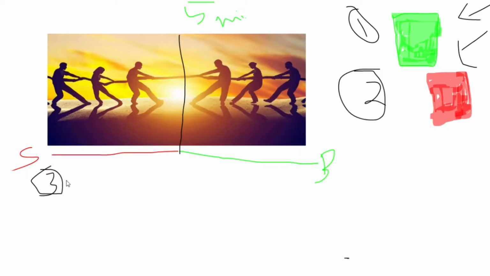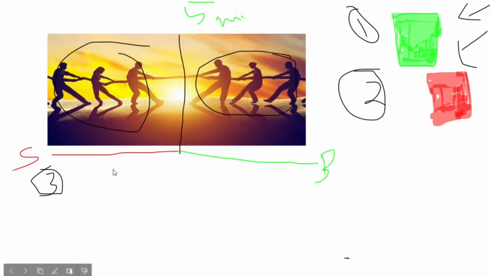Let's assume in the third match what happens is both the buyers and sellers are bodybuilders. They both have huge bodies and they go to the gym every day and they have wonderful bodies and good strength. So what happens at this time? Both the teams are strong. Buyers will pull the tug to their side and even sellers will put the same effort and pull the tug to their side. What happens?